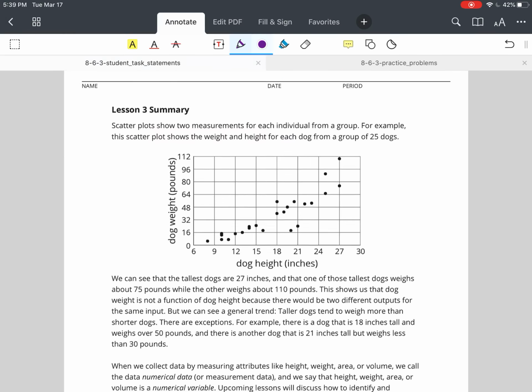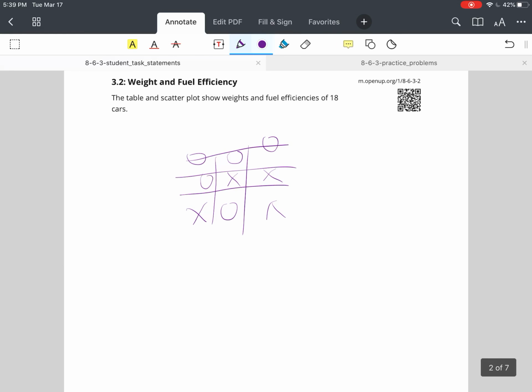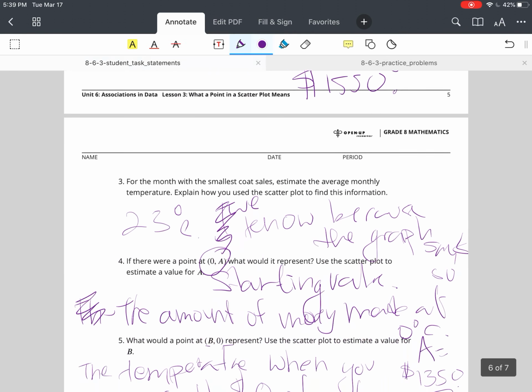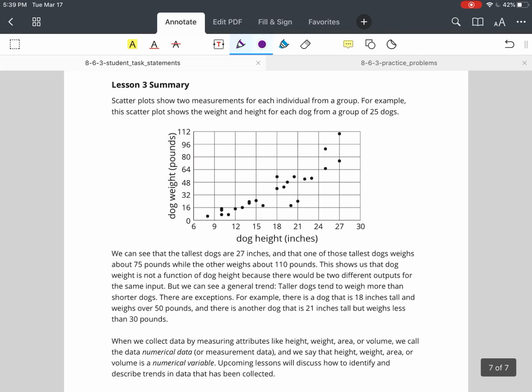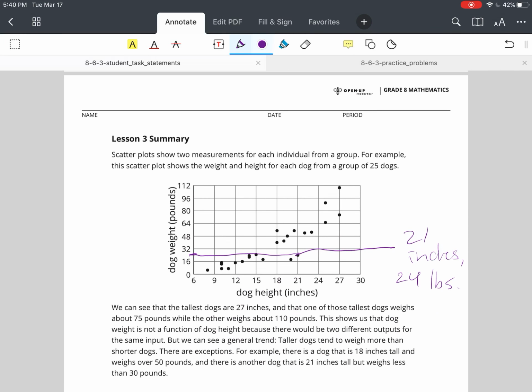So, that's actually the lesson for today. It's not that bad. But in reality, remember, you're looking at scatter plots. You're looking at the data, and you're just trying to see if there's any patterns amongst the data, okay? And it's really important that, first of all, you understand what this point means. For example, this point means if the dog is 21 inches tall, dog weighs approximately 24 pounds. I'm not going to do the homework because I'm being kind of lazy, so